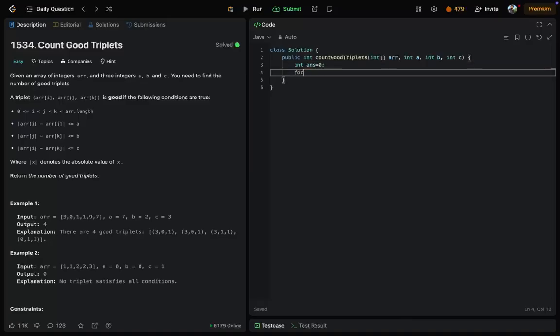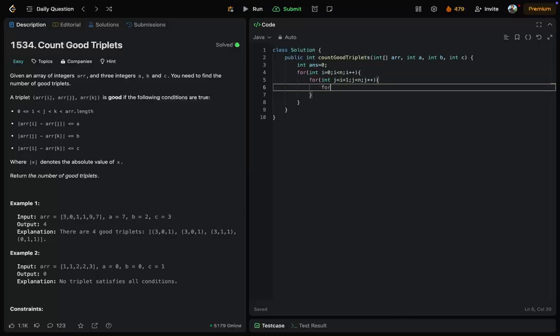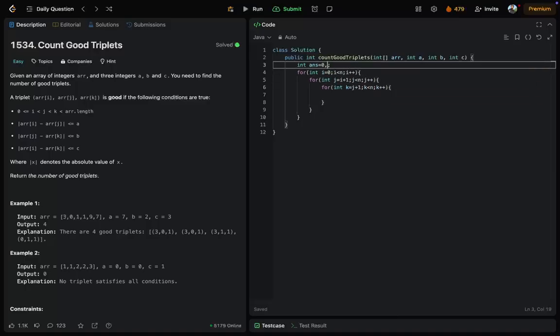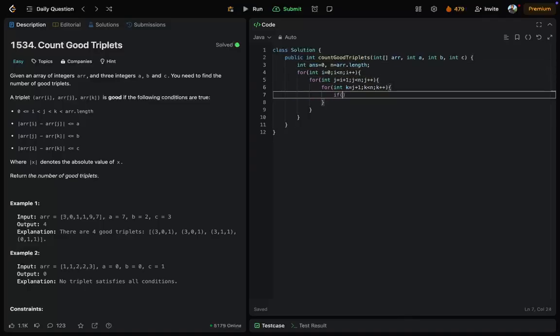First create the answer, create our i, create j, and create k. Yes, we don't have n. We want